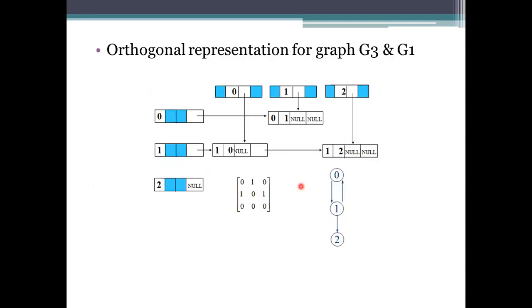And coming to another representation, this is the orthogonal representation of the values we are having. If you remember the values we had in the previous example, we were using a sparse matrix also, but here we are using two different representations, one for the column and one for the row.